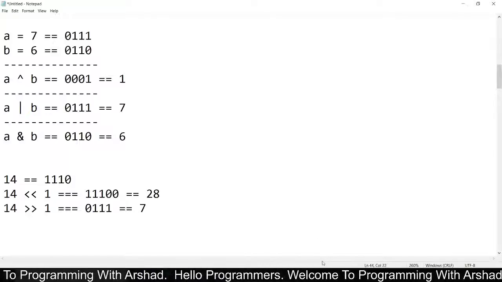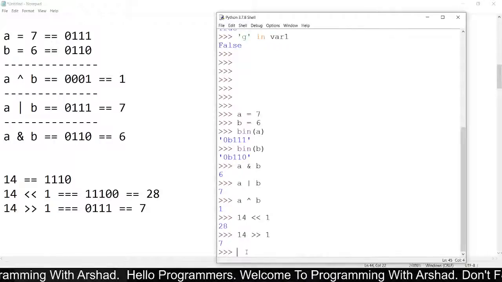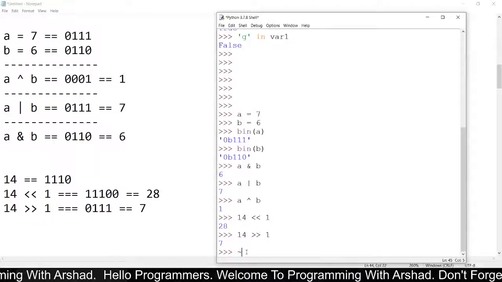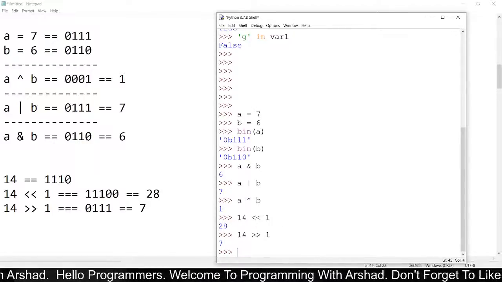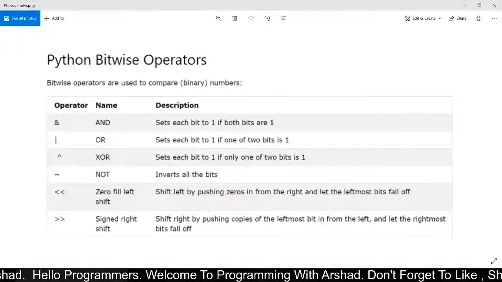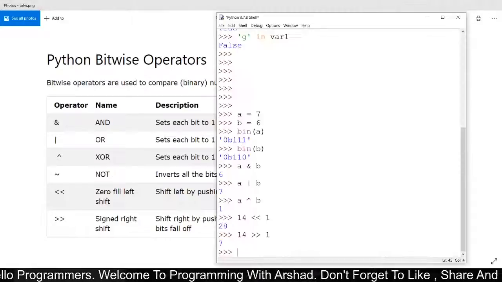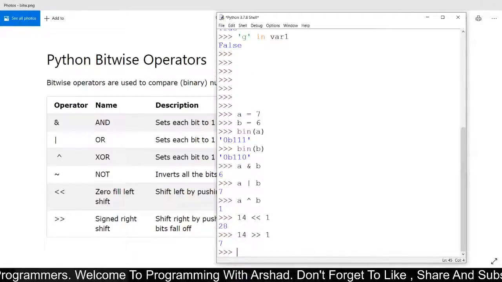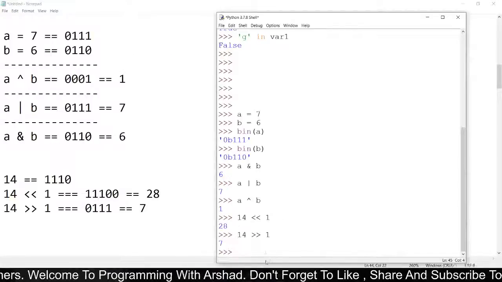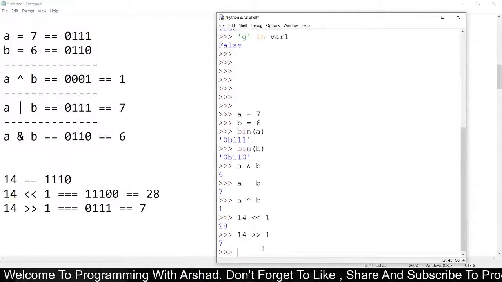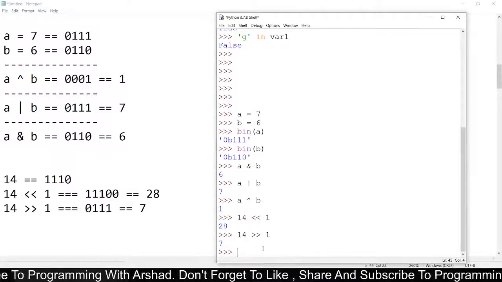Now we will see the remaining last operator, which is the negation operator.